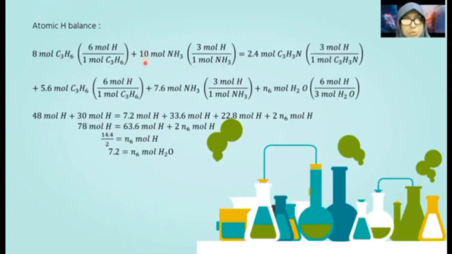Tambah dengan 10 mol NH3 darab dengan 1 mol NH3 per dengan 3 mol H. Sama dengan 2.4 mol C3H3N darab dengan 1 mol C3H3N per dengan 3 mol H tambah dengan 5.6 mol C3H6 darab dengan 1 mol C3H6 per dengan 6 mol H di mana dia ada 6 mol